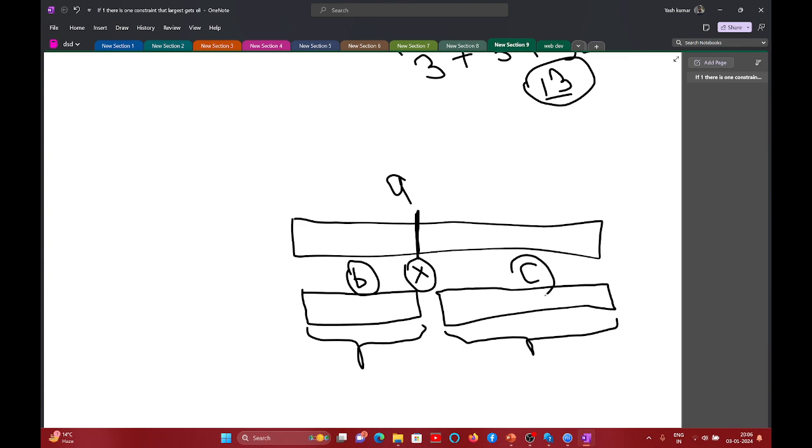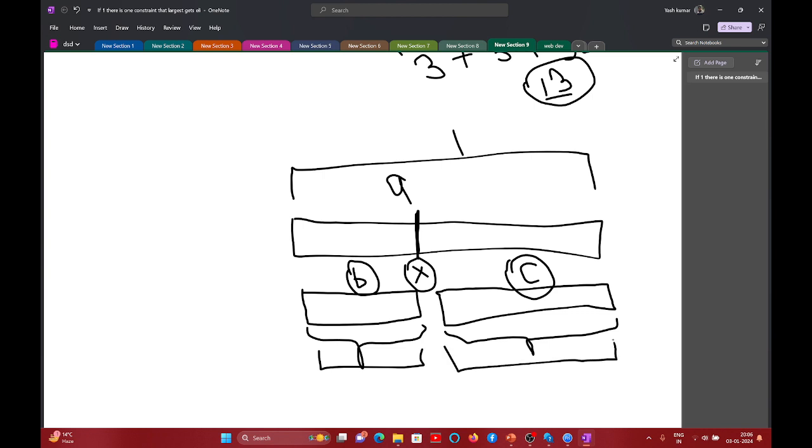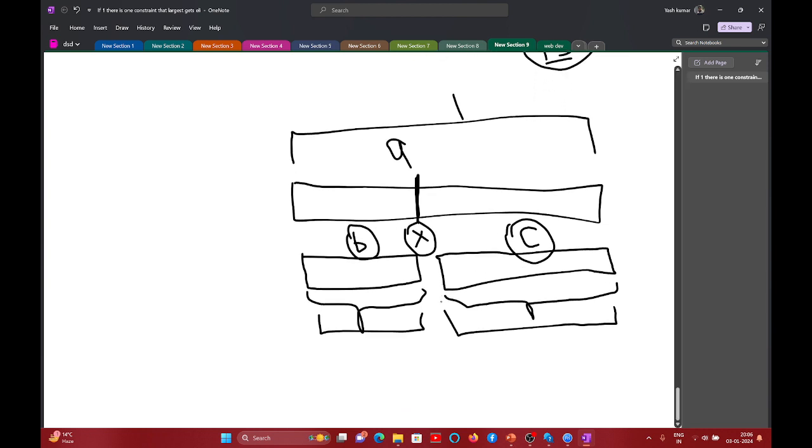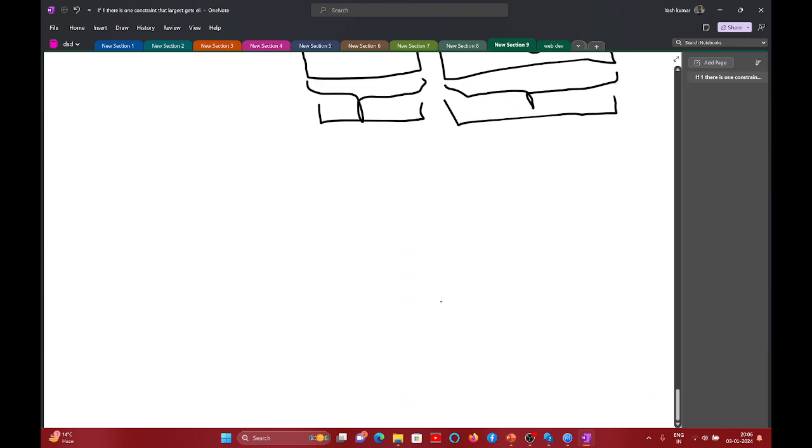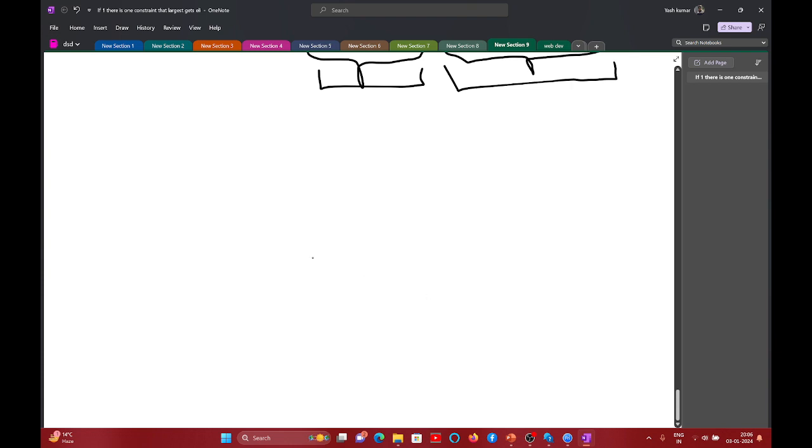So this is the optimal substructure property. The solution to this larger rod lies in the solutions to these smaller rods. This is the optimal substructure property. So the way we solve this is,